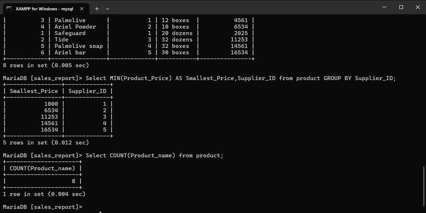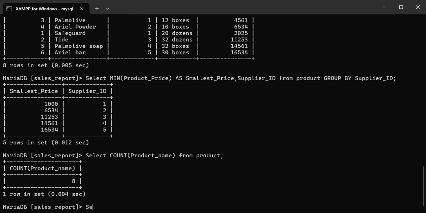Another example is adding a where clause. It is used to specify conditions. So say for example, we are going to find the number of products where the product price is higher than 10,000.